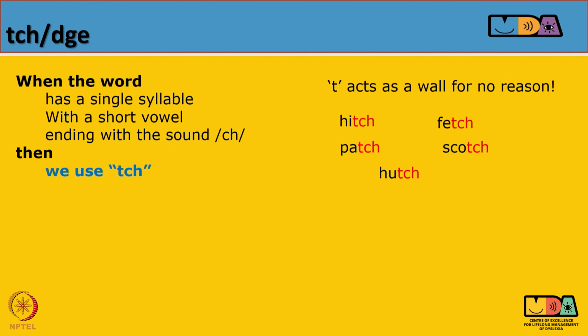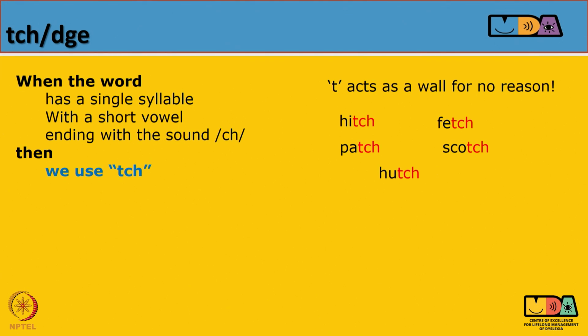When you have a single syllable word with a short vowel sound ending in ch, then we write the ch sound not as CH but as TCH. The T acts like a wall for no reason at all. So, let us see the words hitch, patch, fetch,